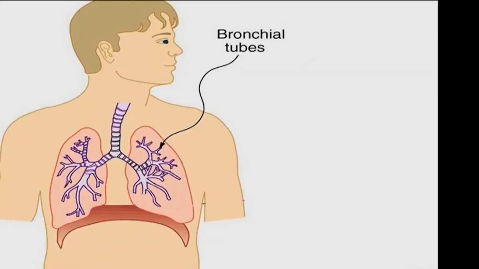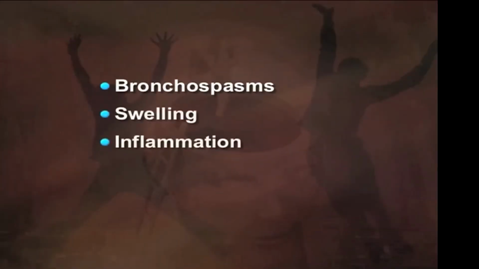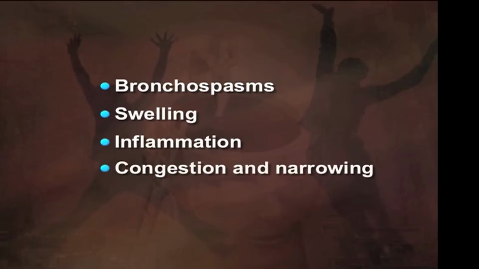Asthma involves a chronic inflammation of the bronchial tubes or airways. Bronchial tubes which are chronically inflamed become overly sensitive to different kinds of triggers. These may be specific triggers or allergens, or non-specific triggers or non-allergens, which in normal circumstances should cause little or no response. This heightened state of sensitivity of the bronchial tubes due to an overreaction of the immune system results in bronchospasms, swelling, inflammation, and a congestion and narrowing of the bronchial tubes.